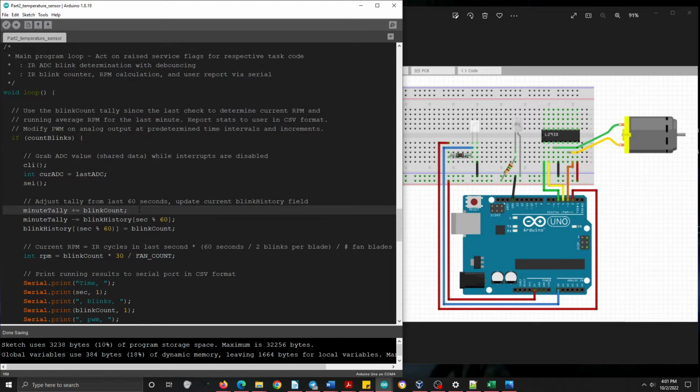We use the number of blinks, which correspond to the IR suddenly turning on and turning off, to calculate the RPM values from the last second. And that's actually right down here, with the RPM corresponding to blink count times 60 seconds divided by 2 blinks per blade, because it blinks when it goes on and off, and divided by the number of fan blades,